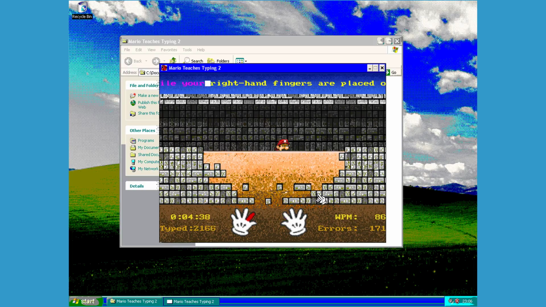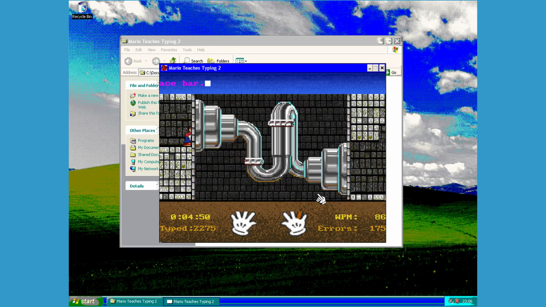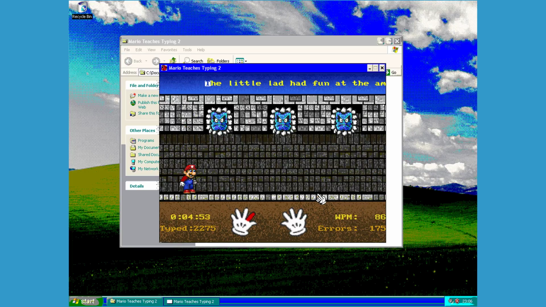I just find that really uncomfortable, like, it just doesn't feel right. Your thumb should be placed over there. To be fair, I only actually use my left thumb for pressing space, so my right thumb just doesn't really do anything. It doesn't really need to, I guess. Oh, the little lad had fun at the